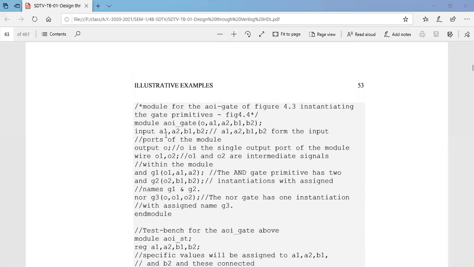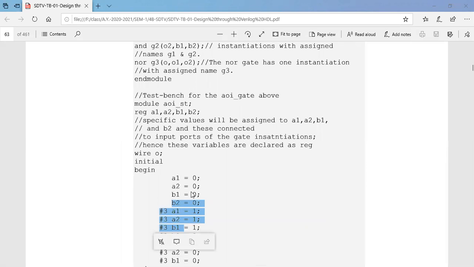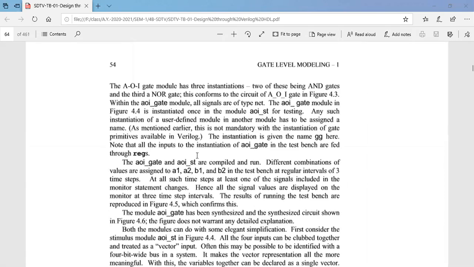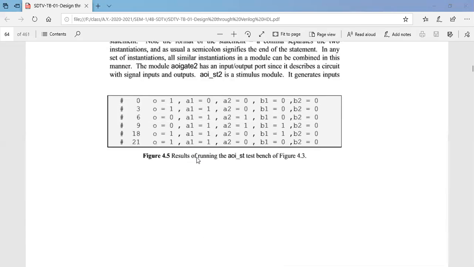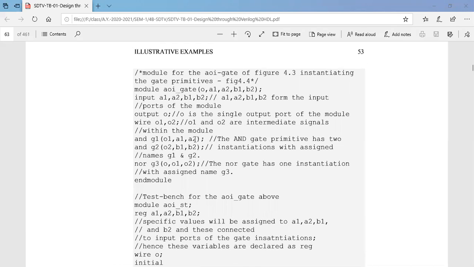If you have mentioned all the inputs as scalars here and you write vectors instead, the program is also going to change. That thing we'll see here. The same program, but written with vectors. You have written these programs, right? This is the general program and this is the test bench.